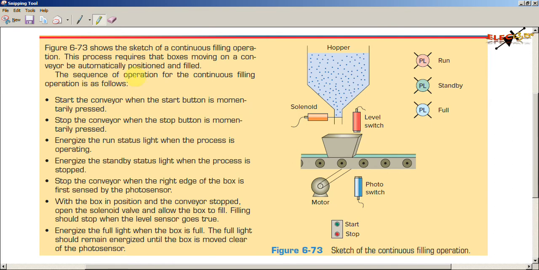The description of this operation is a continuous filling operation, and this process requires the boxes moving on a conveyor belt to be automatically positioned and filled. So this container box should be automatically positioned here, and then it should be filled, and then this valve should be closed once this container is full, so that it moves to the next position. So that is the operation here, and the sequence of operation is when the start